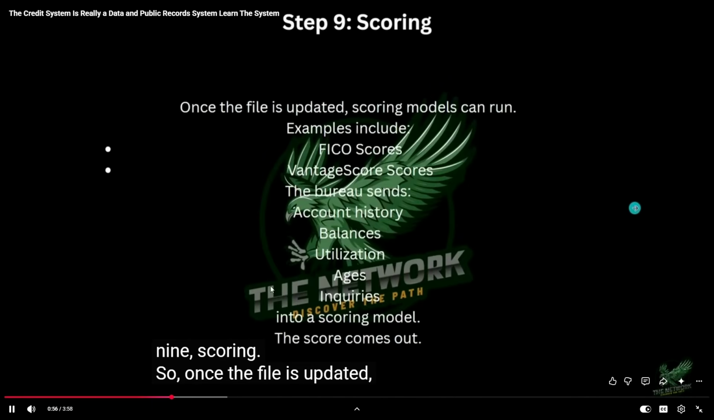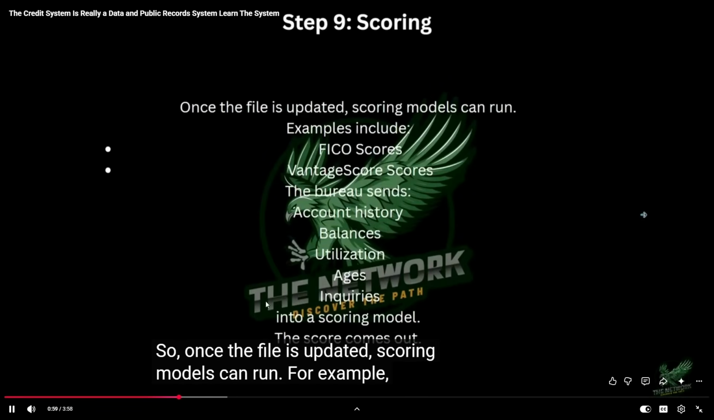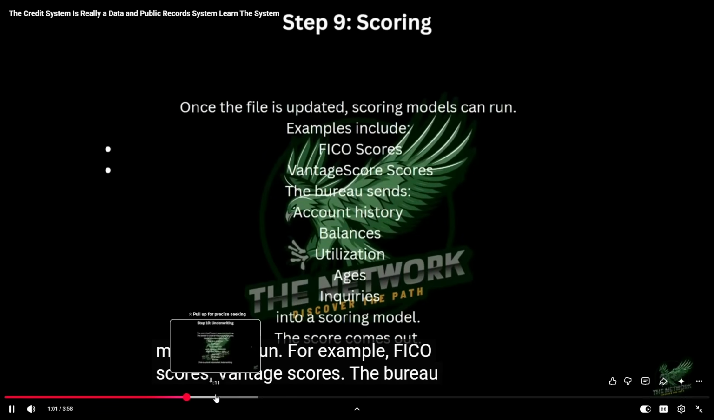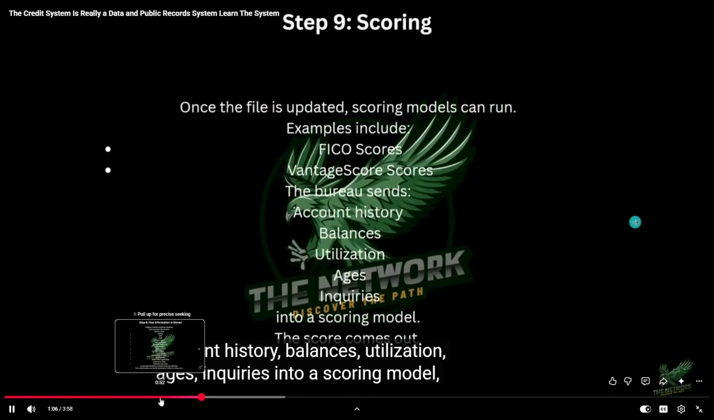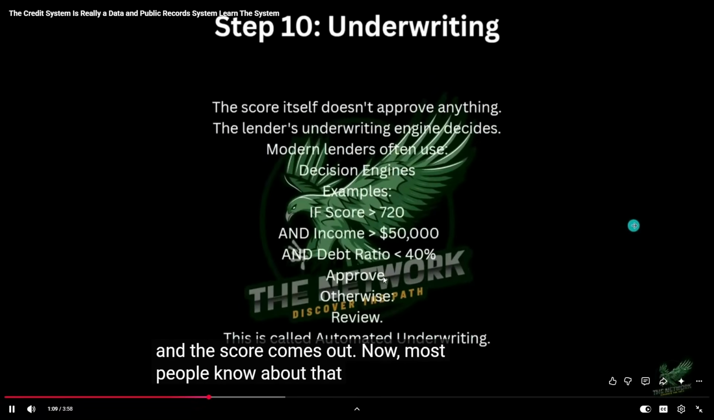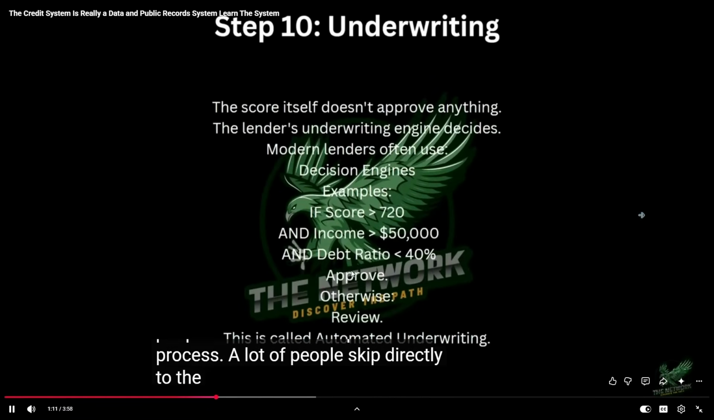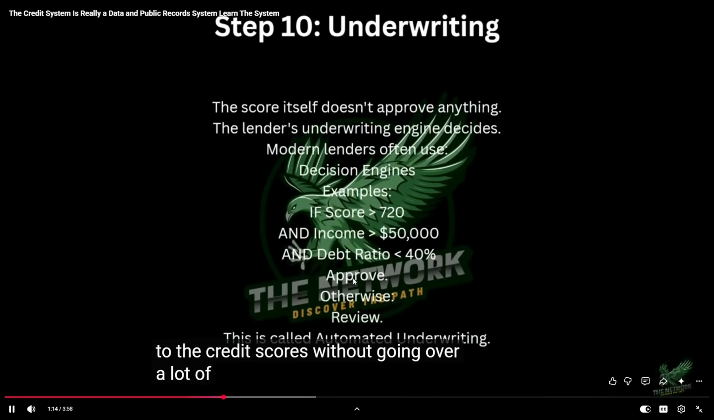So once the file is updated, scoring models can run, for example, FICO scores, Vantage scores. The Bureau sends account history, balances, utilization, ages, inquiries into a scoring model, and the score comes out. Now, most people know about that part of the process. A lot of people skip directly to the credit scores without going over a lot of this other parts of